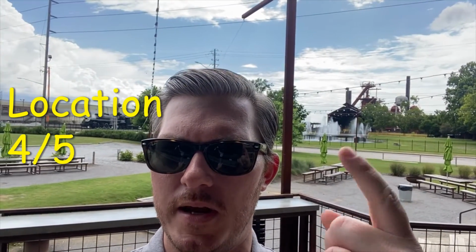Right behind me, right up here, that's Sloss Furnace. So you got this really nice scenic view, and it's like 2 minutes outside of downtown Birmingham. So the location is excellent. The only thing that keeps me from giving this place a 5 out of 5 has got to be the fact that there's not a fenced in area. So you can't easily just bring your dogs and let them out, or have the kids